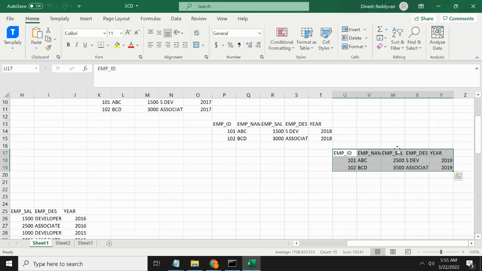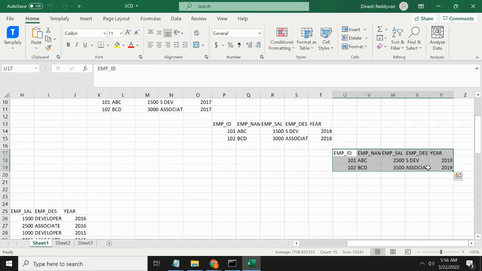Let's assume you are at this particular year. If you want to know this employee's designation, or the complete journey within this organization, which salary he joined with, and what the designation was,